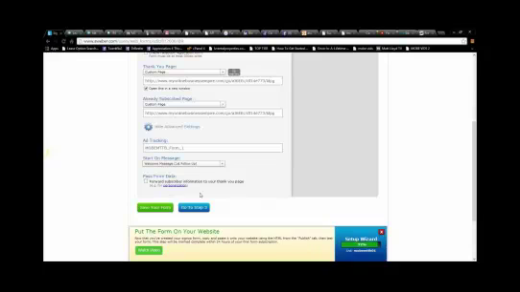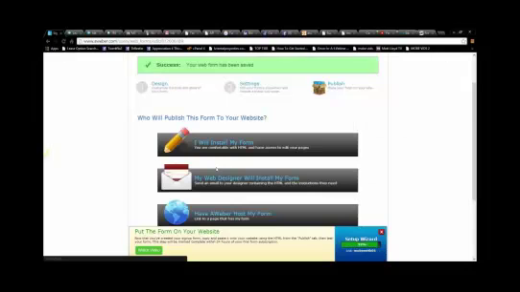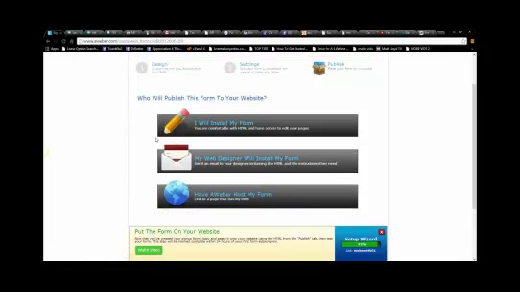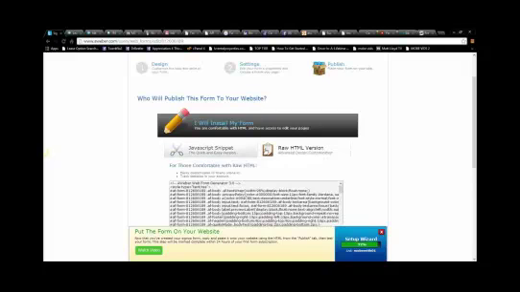Welcome message, and that pass form data would be if you're passing on an email address or a first name field. That would be the primary 2 things. I never have used that, but you could. Okay, save your form, and always make sure you do that. Then I will install my form, and then the raw HTML version is what you're going to use when we get to it. So now you can go back to LeadPages